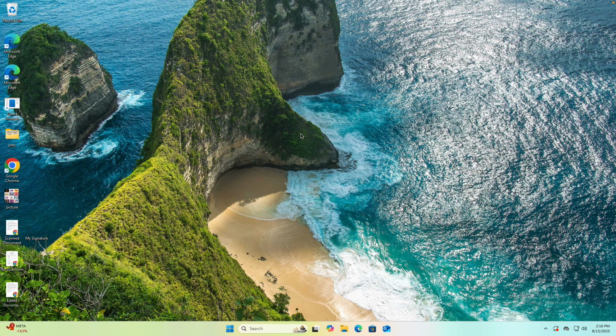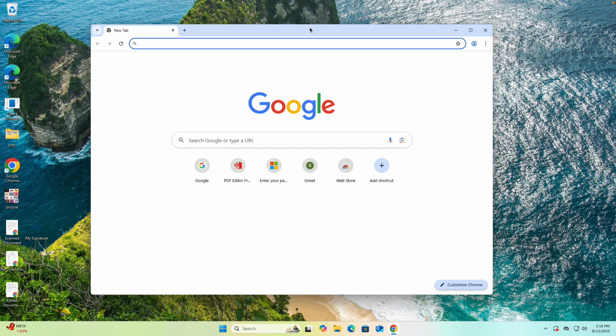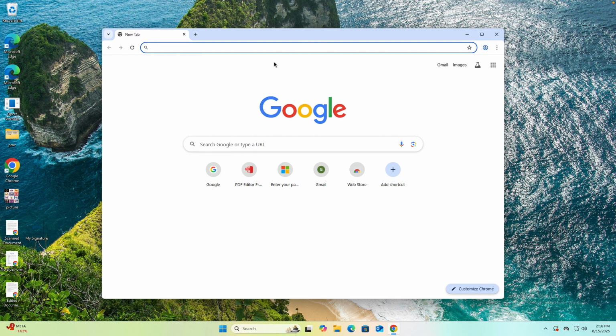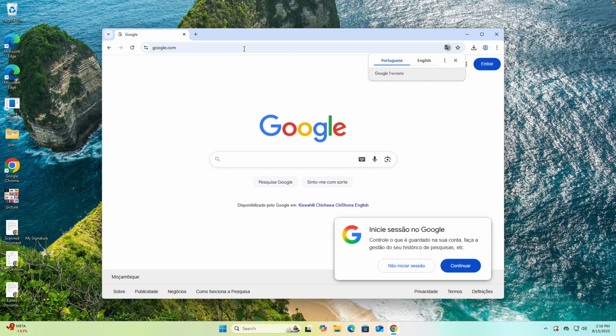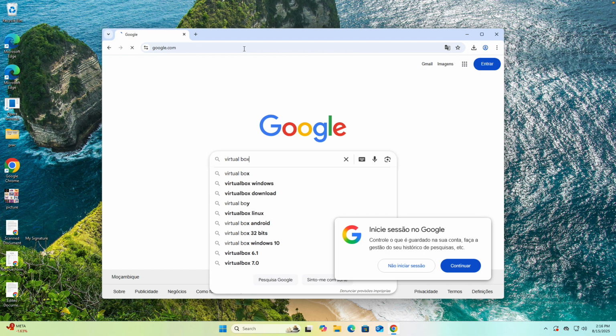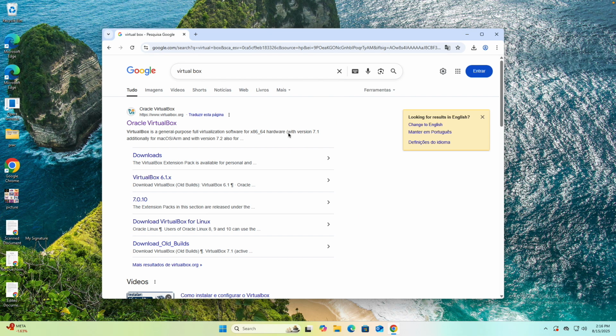So first things first, the very first thing we need to do in here is to hop straight into our internet browser, okay? In my case, I've got Google Chrome, but if you've got Safari or Internet Explorer, Opera Mini, or any other browser, do not worry, the process is exactly the same. All you need to do is head straight into google.com, and then over here we're going to search for VirtualBox. Okay. Next up, you want to make sure you tap on the very first link in here, which takes us to